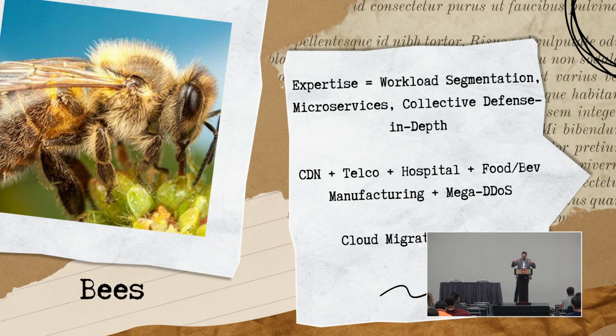And then when we look at the verticals and industries that they touch, right? We're looking at an all-in-one cohesive unit, something like a content delivery network that's mixed with a telco. We've got hospitals where we've got maternity wards. We've got food and bev manufacturing, right? So there's a host of applications and workloads that bees are focused on. And we'll dive into how they structure their networks, how they structure their hives, that ultimately leverage segmentation to drive each of these to their objective. Last piece too, when we get into this, bees are also the most amazing cloud migration champs, especially when you think of the swarming concept, and we'll get into what that means and how they address business continuity and disaster recovery.